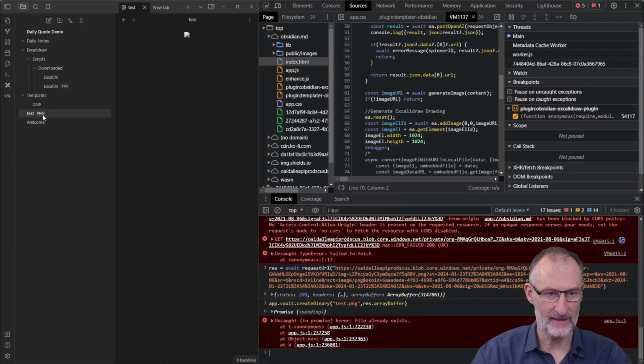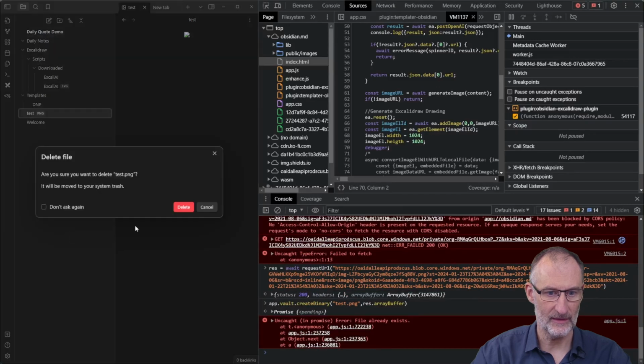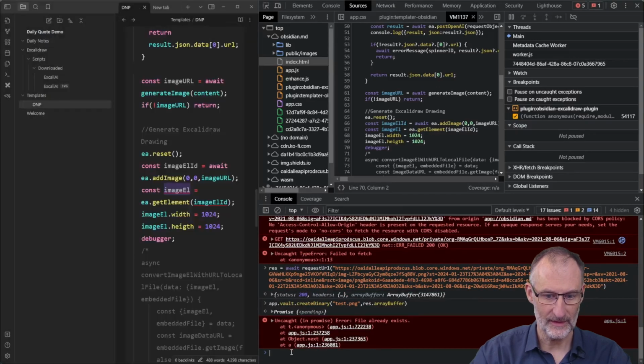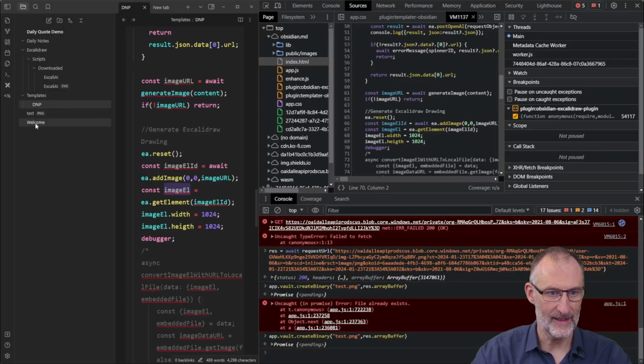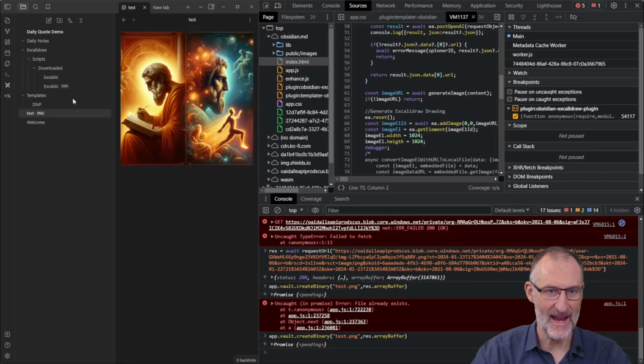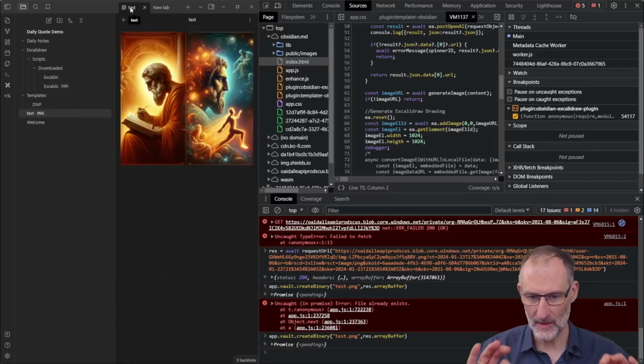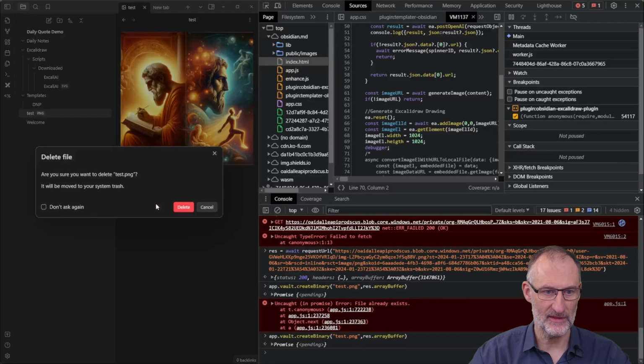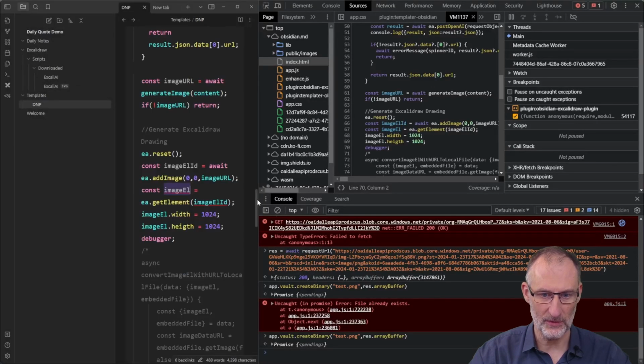File already exists, so we'll delete the file. And now again we create it, and bang, we have the file. Perfect. So I think we are now on our way to success. So what we're going to do here